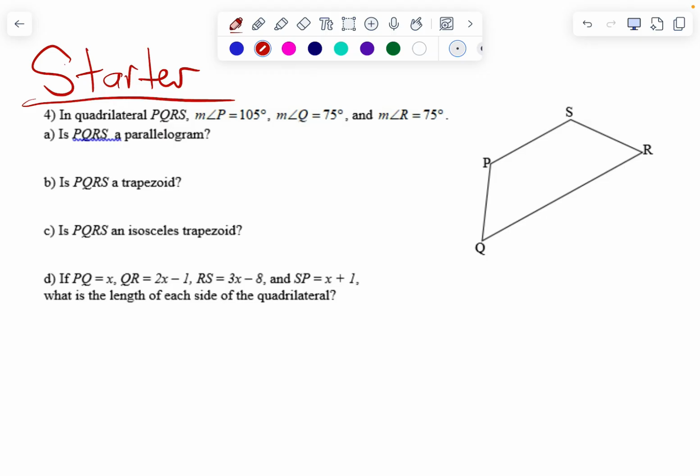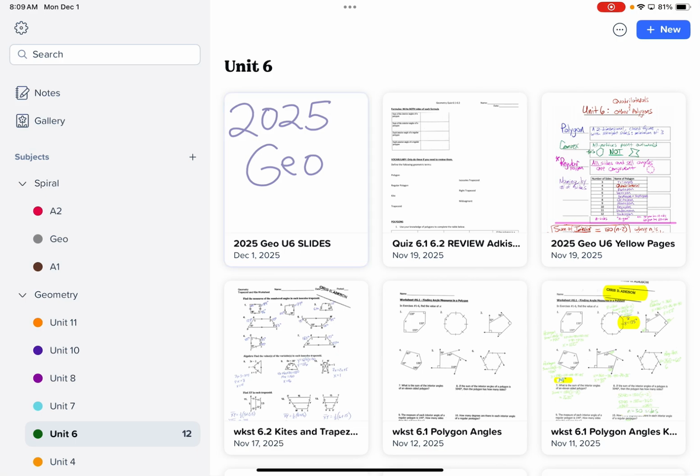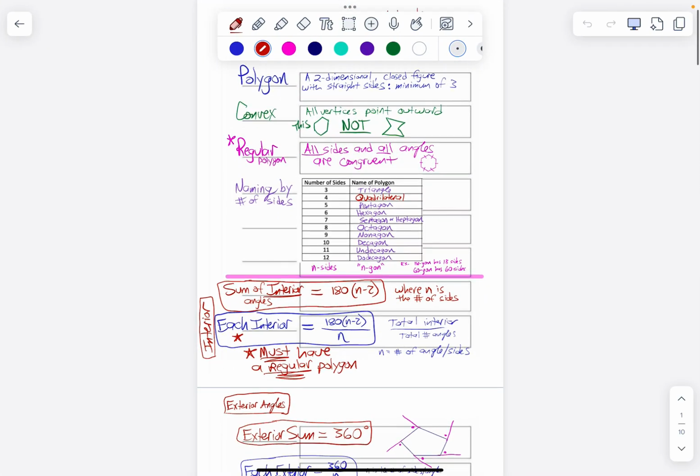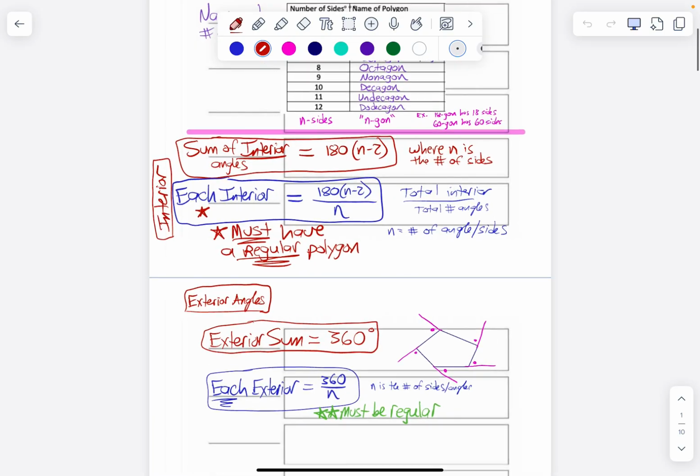Just as a reminder, before break we talked about angles in quadrilaterals. Well, actually in all polygons. So interior angle sums and exterior angle sums. So we had 4 different formulas for that. In fact, let's look at a quick review of those things as I talk through them. So we had